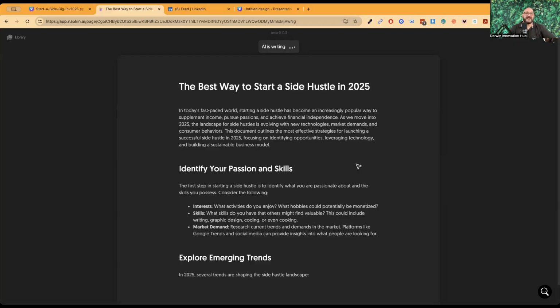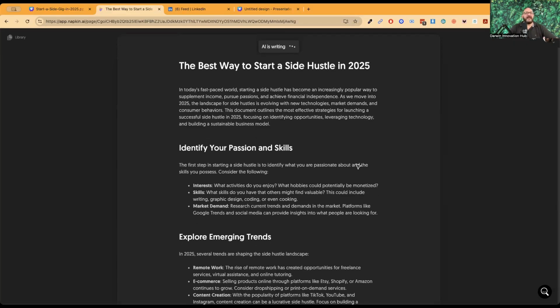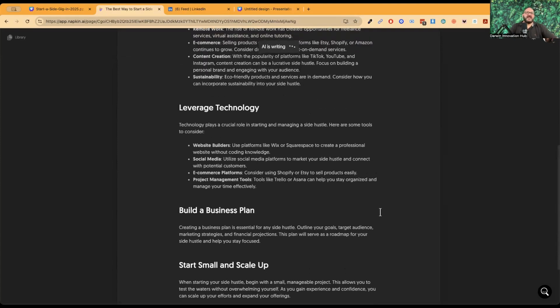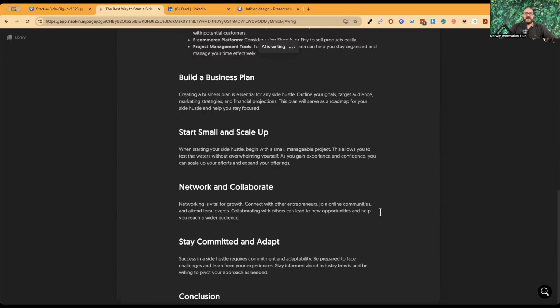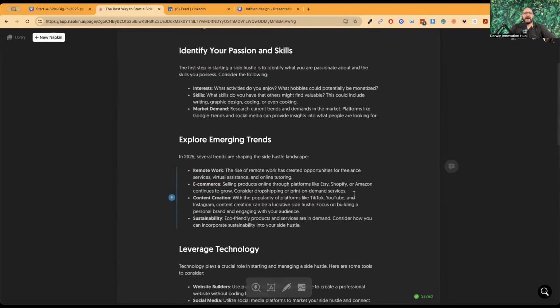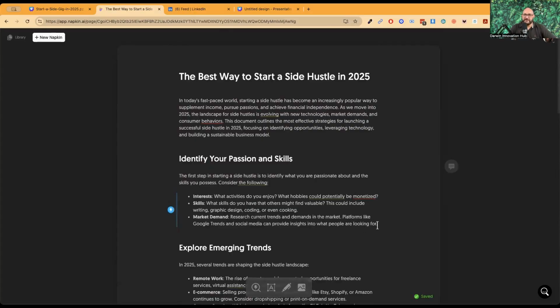But what I may want to do is take parts of this article and then create some graphics just in the middle of those. So if I was going to take that whole article, got the conclusion, looks like it's all good. Great. Okay, I'm going to take a part of this. I'm going to take these points here,